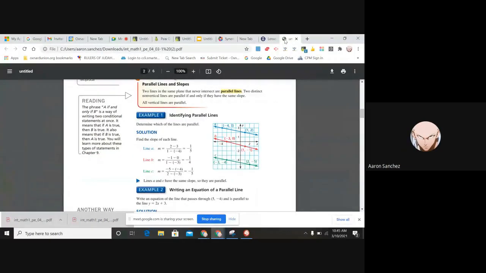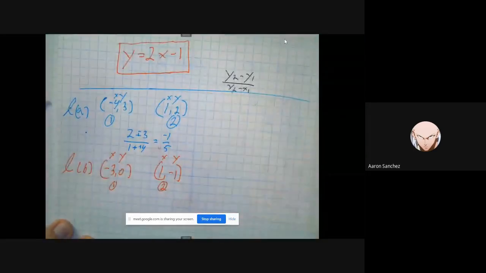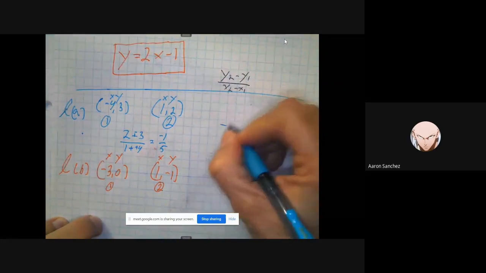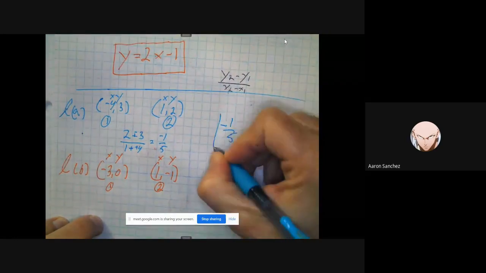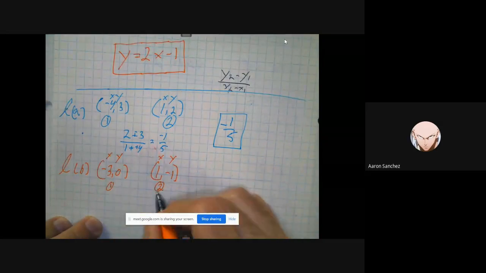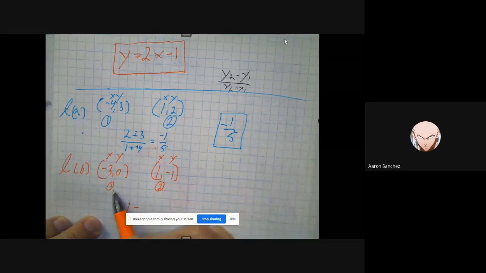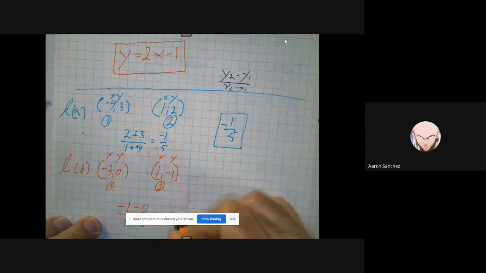Yeah. So the actual slope is -1/5. I don't know how many of you got -1/5, but let's see if this one is. So this slope is negative 1/5. For the blue line, the slope is negative 1/5. Let's try out the orange line. y2, negative 1, minus y1, the y is 0, all over x2, 1, minus x1, negative 3, equals negative 1 over